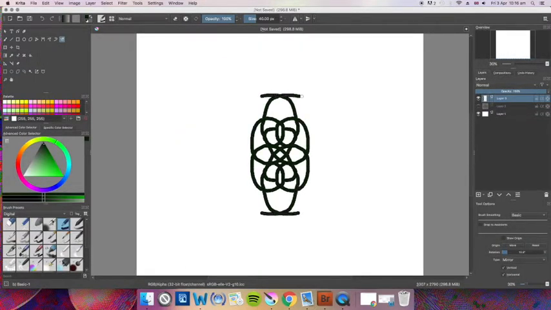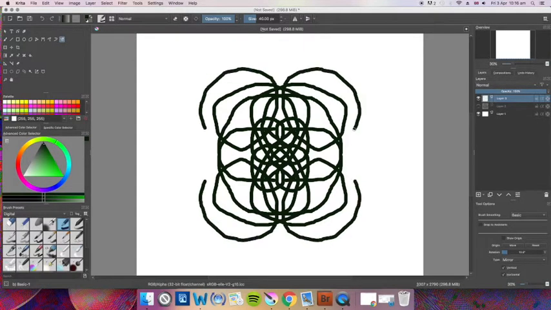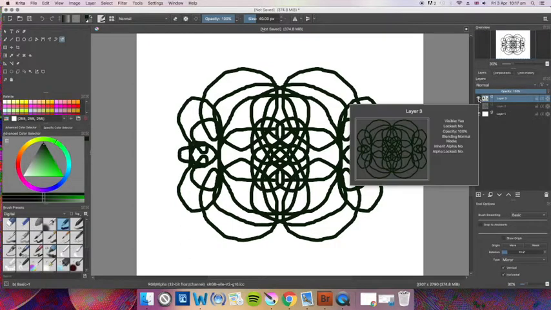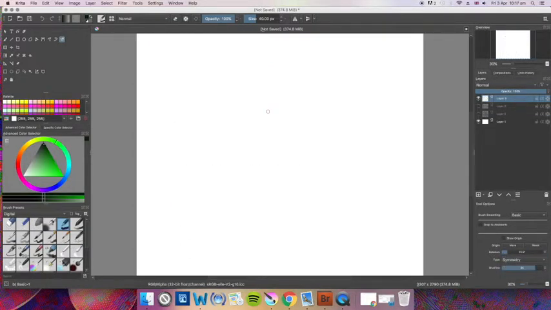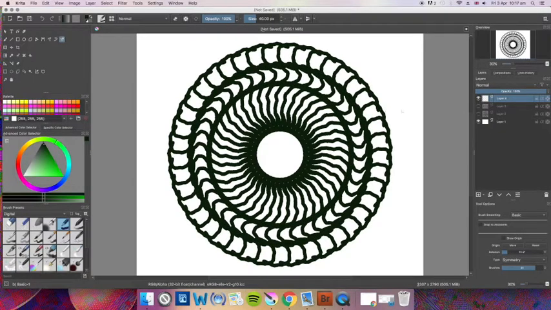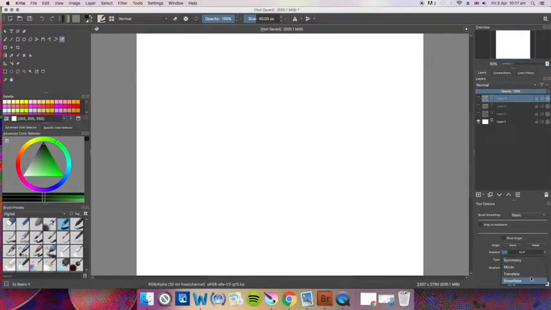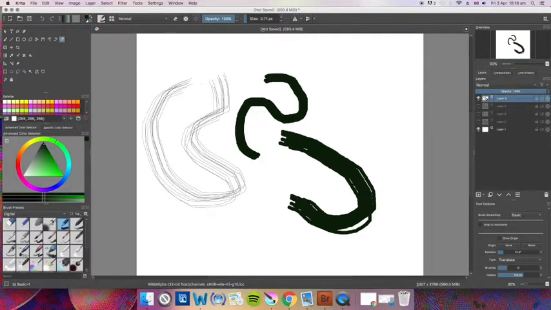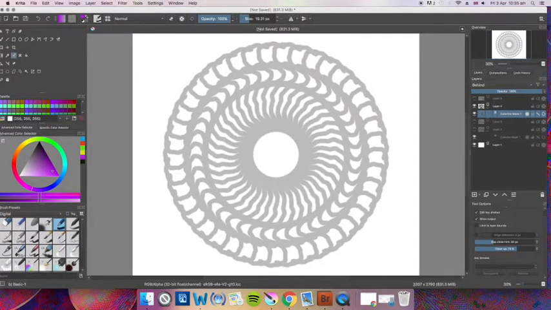I'm actually going to speed these up. And this is the mirror option. There we go. And the symmetry option. And the next one, which I don't think is much use to us, is called translate, which gives you the option of using all these different settings, so you can change the number of lines that you create and the size of the lines as well. So you've got all these options.